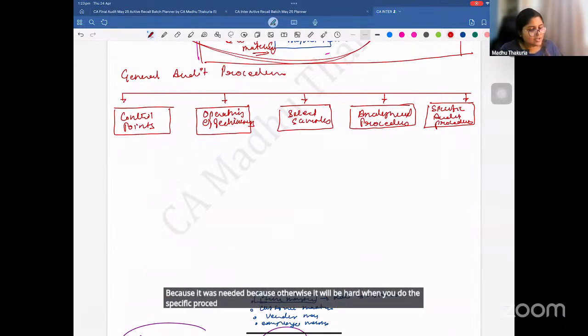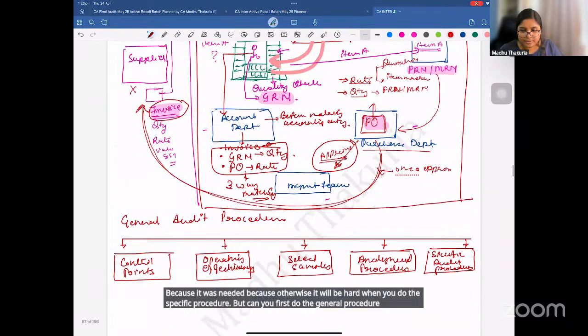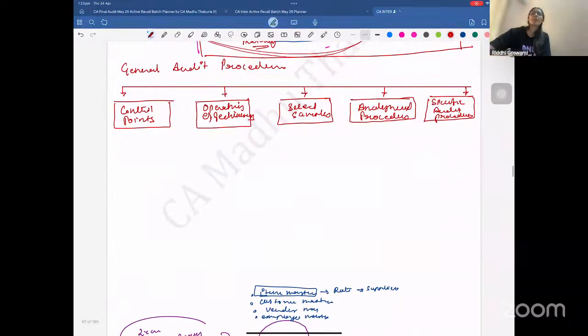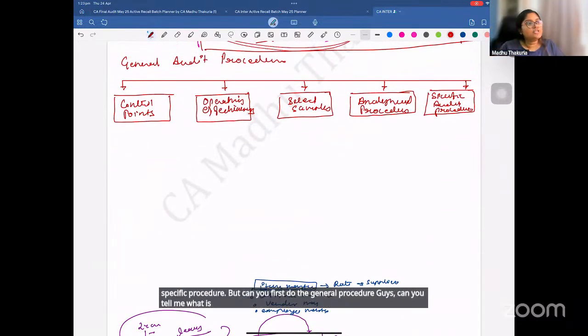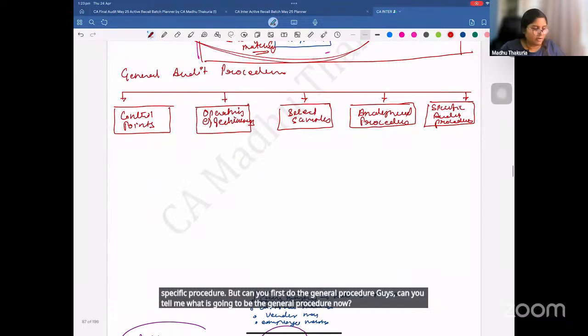This was needed, because otherwise it will be hard when you do the specific procedure. But can you first do the general procedure? Guys, can you tell me what is going to be the general procedure now? Now you have to write, everyone. What is the general procedure for purchase? First you will,